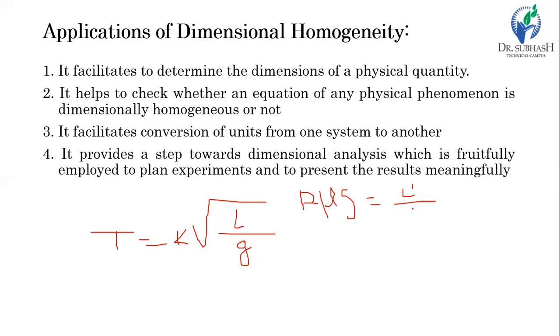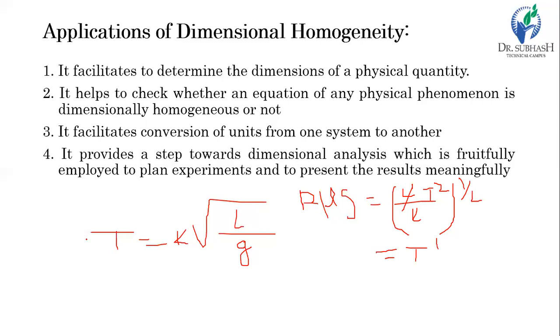Gravitational acceleration is a length parameter, meter per second square. So it is length over time squared. It is in the denominator, so the denominator of the denominator becomes the numerator. So this is the fundamental dimension of the given quantity, raised to the power half, so raised to 1 by 2. In this case L1 will cancel out, and T raised to 2, with the power 1 by 2, so it will again be a time parameter, T raised to 1. This is the LHS. Now let's see the RHS.